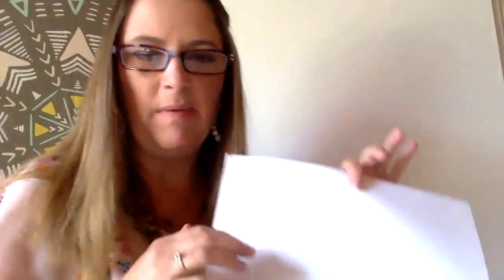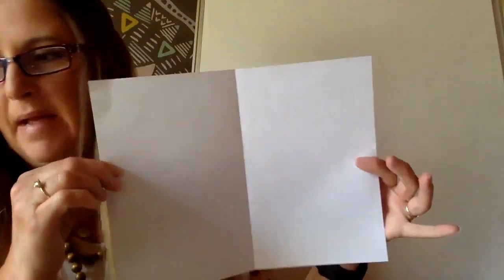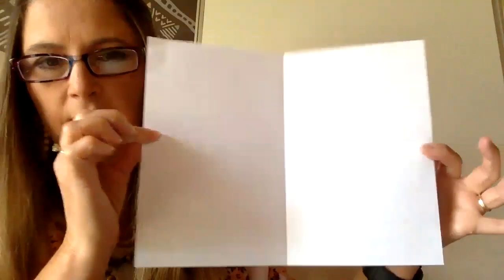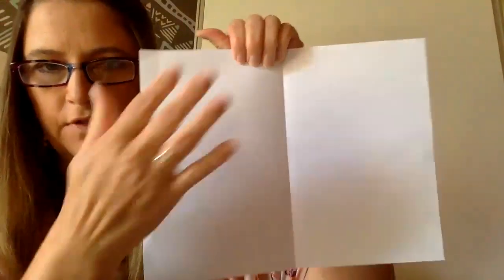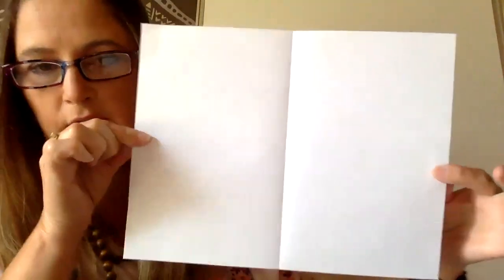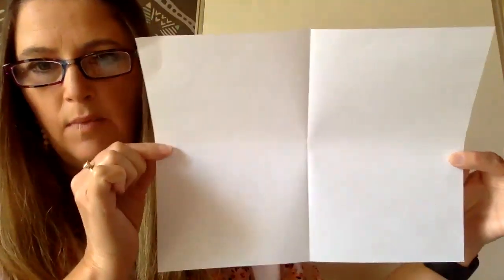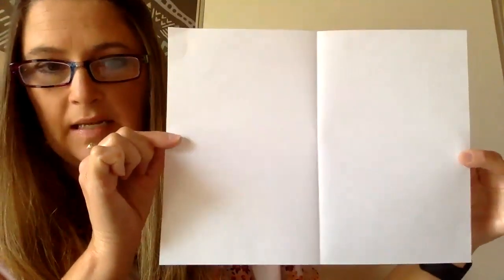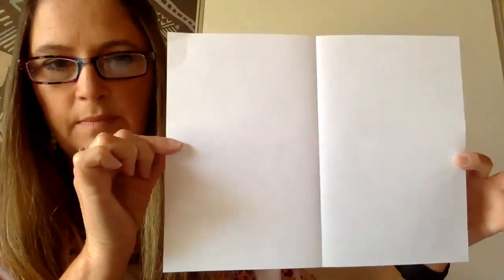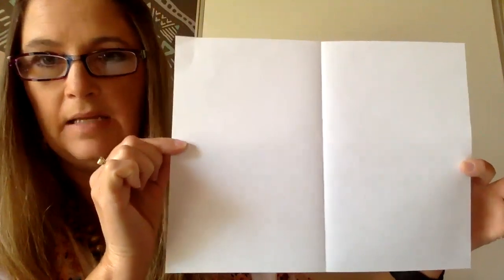So if you remember the other day when we were talking about making equal shares, I took this one piece of paper and I folded it so that I made two equal shares. This side is equal to this side, okay? So today we're going to be working on making halves and fourths with rectangles and circles. So if you look at my piece of paper, we can still use it because it is in the shape of a rectangle, okay? So when we fold something or we draw a line on something to make it show equal shares,